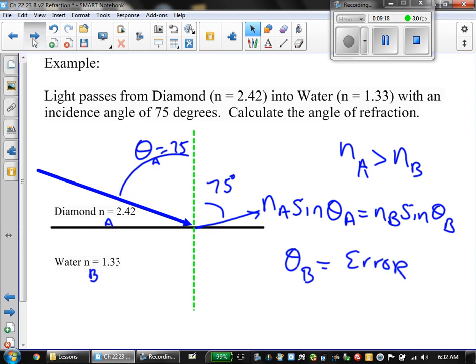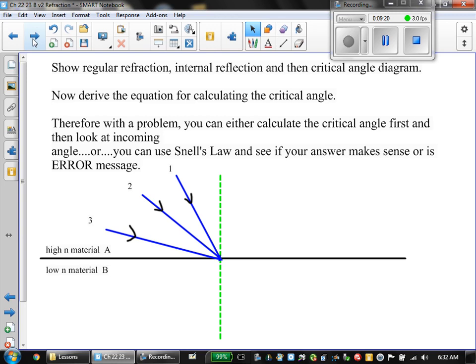This is going through and showing you that if I have 3 different light rays coming in here. If I send a light ray in at angle 1, so the angle is relatively shallow, a relatively small angle, and again from a high index to a low index, this is the only condition where we'll get the internal reflection and error message. In pathway 1, what typically happens is the light goes in and comes out at an angle, and here's my theta 1 and here's my theta r for that case. So angle of incidence 1, angle of refraction 1. This is typical refraction, regular old refraction.